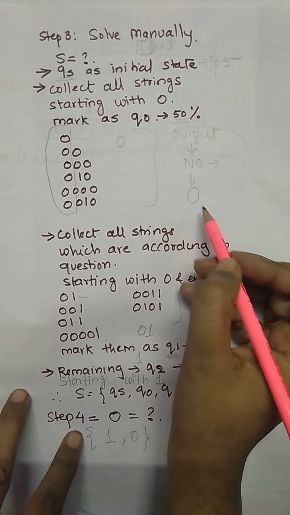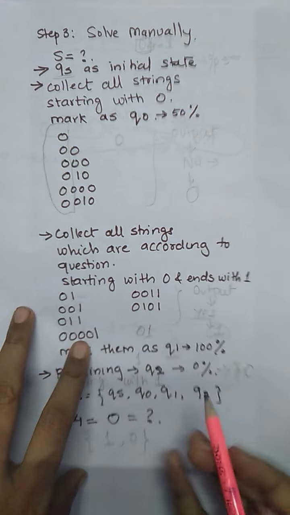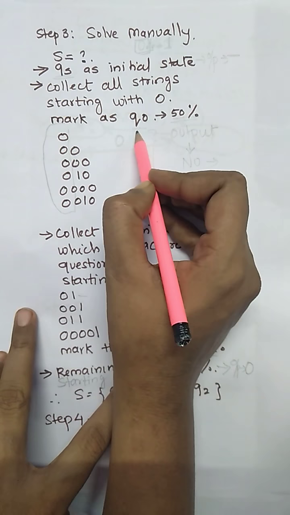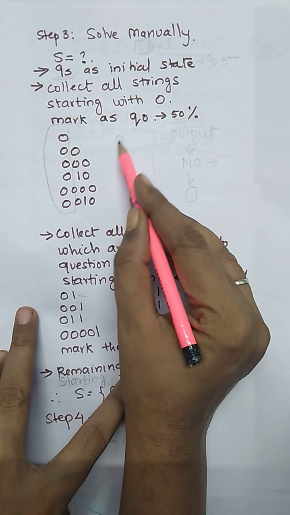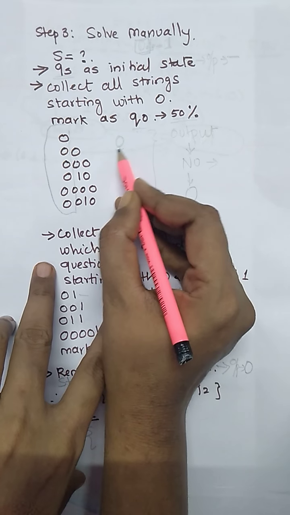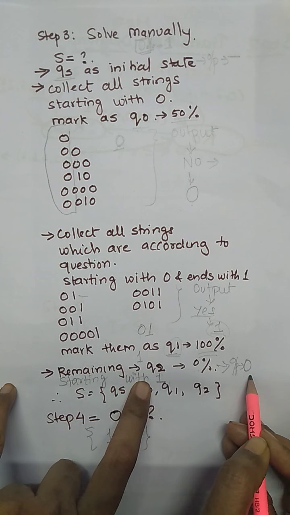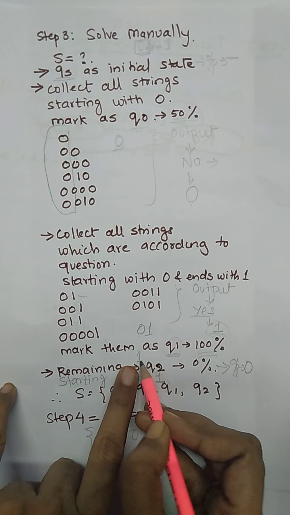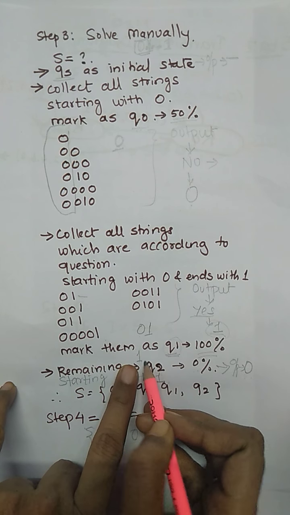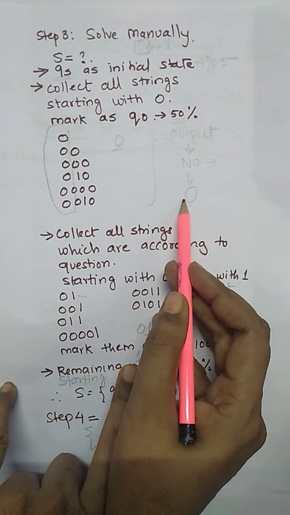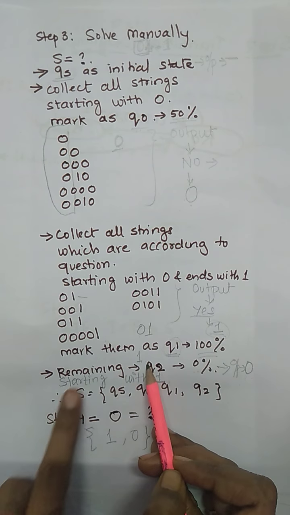Now what is the difference between the output generated by state Q0 and state Q2? State Q2 is also producing output 0, but what kind of string is represented by Q0? The string is starting with 0. State Q2 is also producing output 0, but how is it different? Because it represents the string that starts with 1. So although the output is 0 and they are similar in their output, they are different in representing the string.